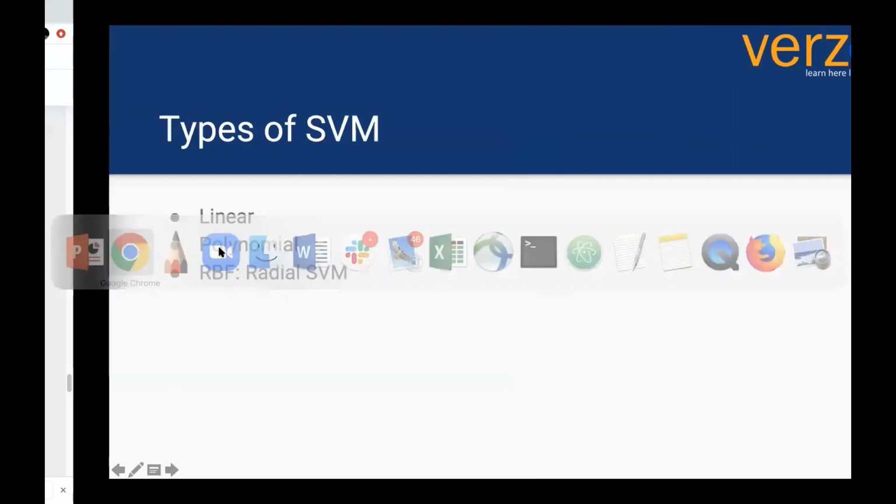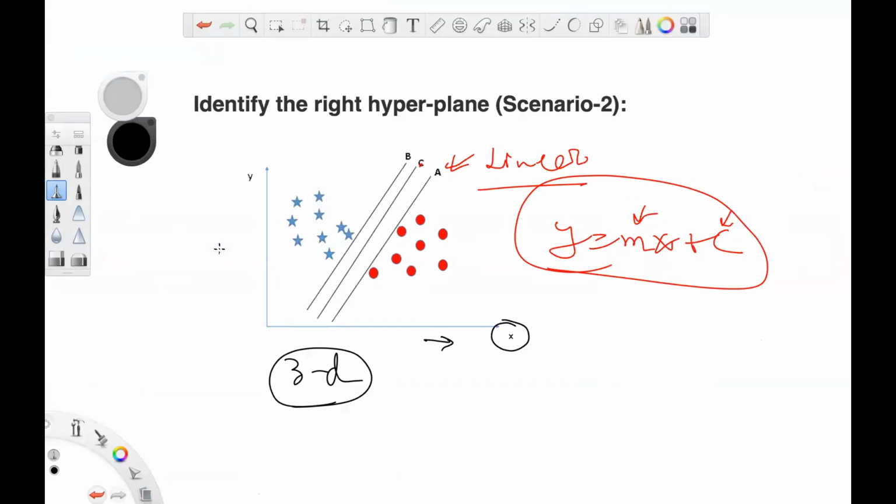The learning in the polynomial SVM will be y equals m1 x1 plus m2 x2 plus m3 x3, where x1, x2 and x3 are the three features, and m1, m2 and m3 are different slopes.